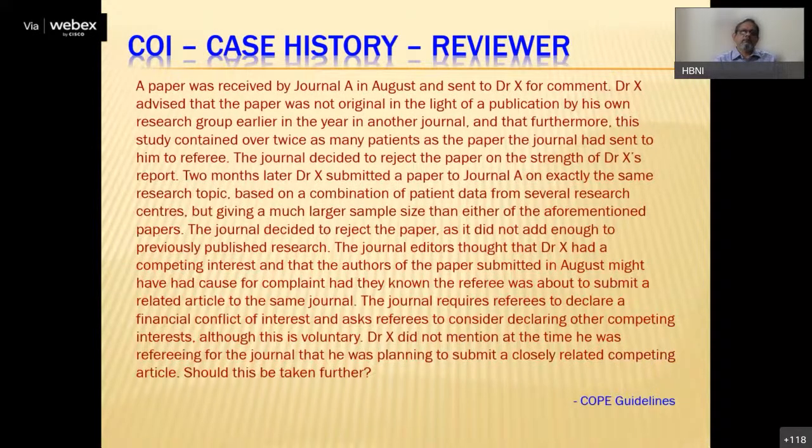So we'll see, for the first example in this regard, the case history of a reviewer. Again, I have taken all these case histories and examples from the COPE website. So they all belong to the COPE guidelines. So if you are also interested, you can actually go to this website, which is, I think, called